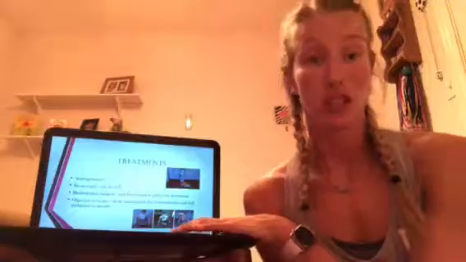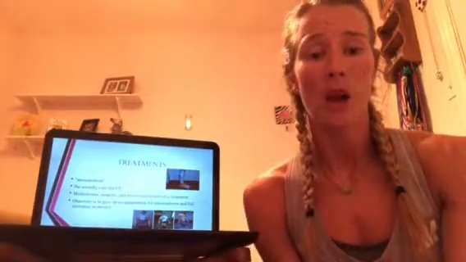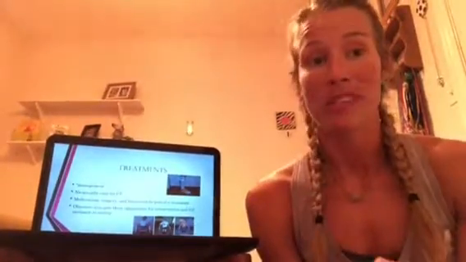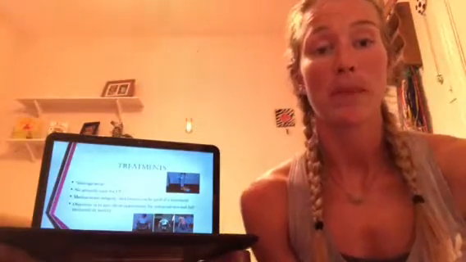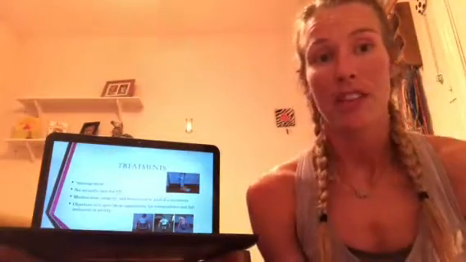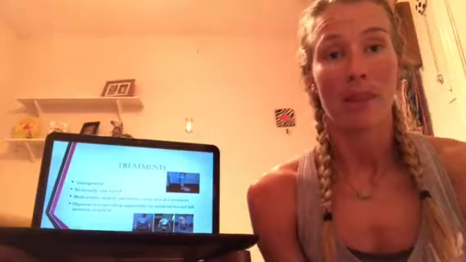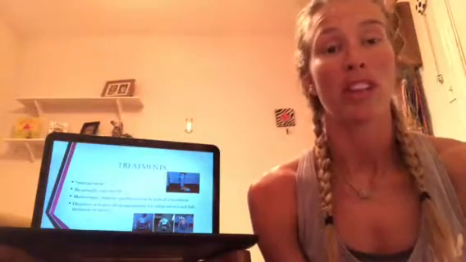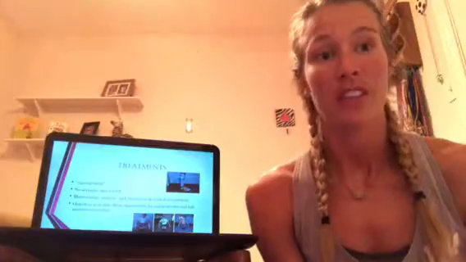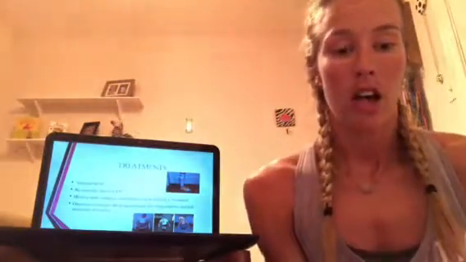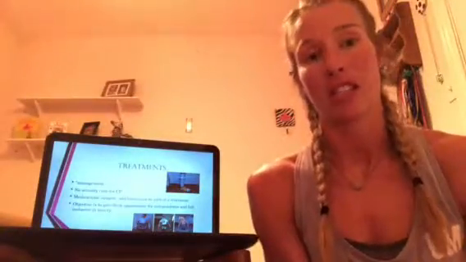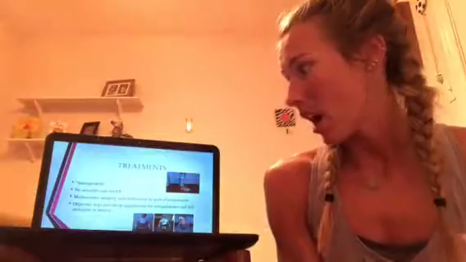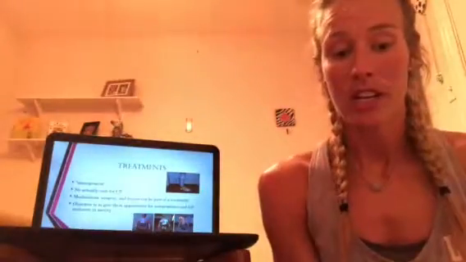Now, as far as treatments go, there is no specific treatment for this disorder because, like I said earlier, this disorder is permanent, so you can't really treat it. The only thing you can try to treat are the symptoms that come with it. So how they explain it is it's more manageable, and you have to manage this instead of being able to treat it. There's no actual cure.